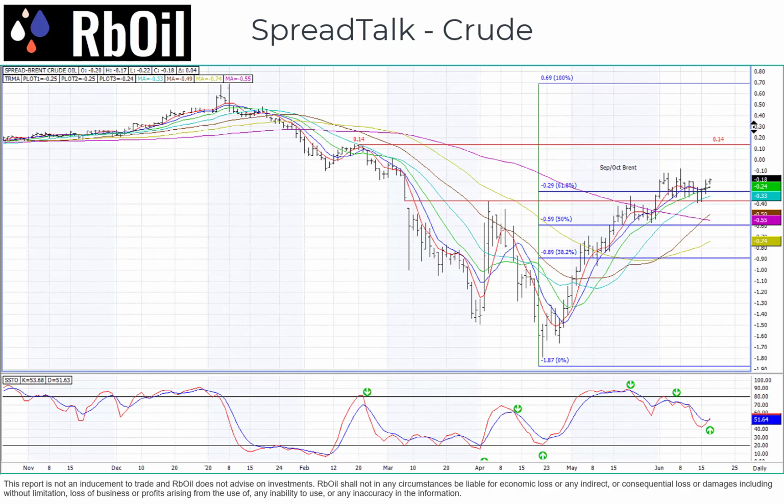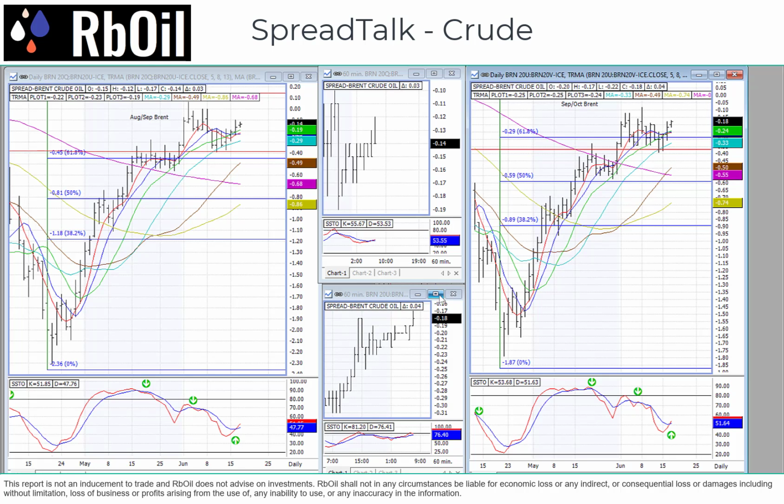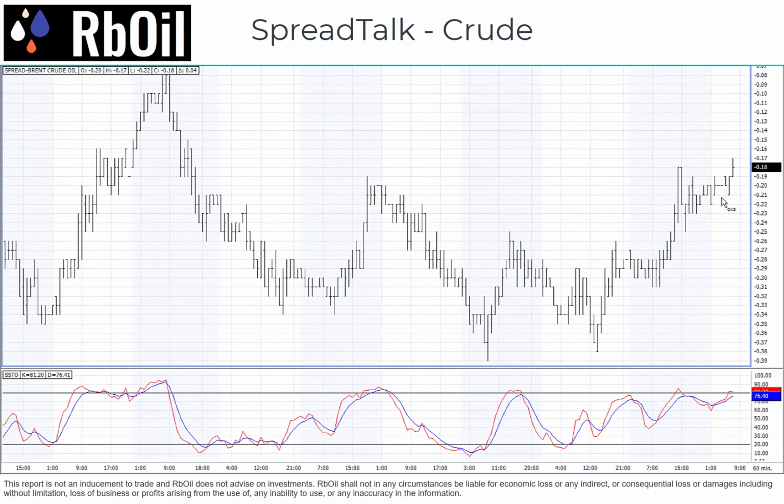Now the Sep-Oct spread is similar. It looks like it's going to rally up to around minus 10, minus 8. Its stochastic has just flipped positive. It's in good shape whilst above the congested short-term moving averages between minus 24 and minus 25. The hourly chart on the Sep-Oct is looking like a little bit too much too soon,